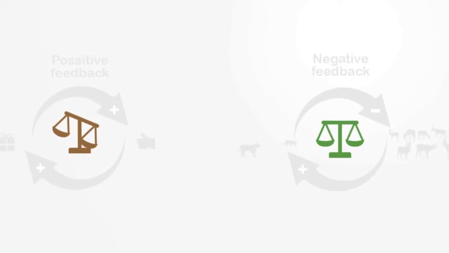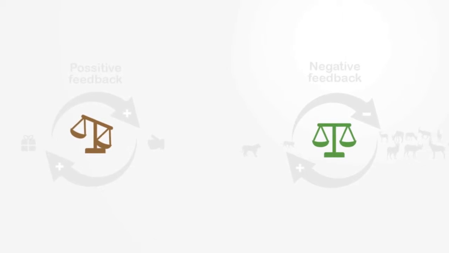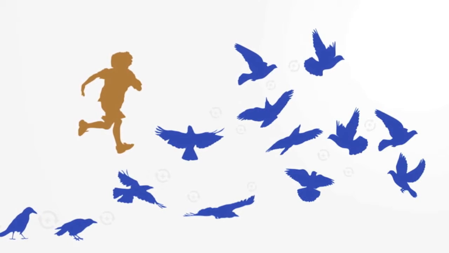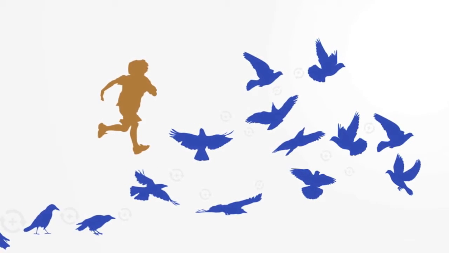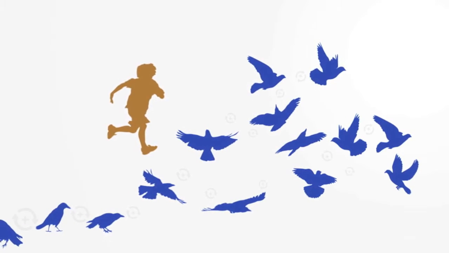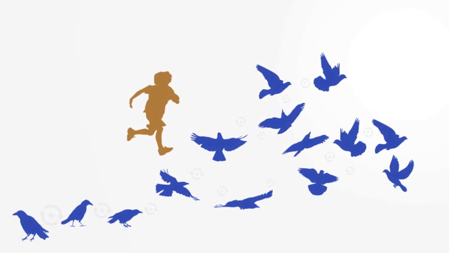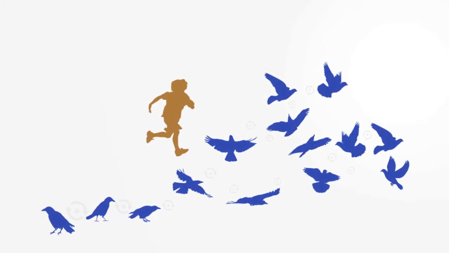For example, negative feedback is a form of self-regulation that typically generates very stable systems, whereas positive feedback loops often have destabilizing effects. An example of how this works may be seen in a grounded flock of birds, any of which is likely to fly away when it sees a neighboring bird fly off. Every time another bird reacts and takes flight, it increases the likelihood of more birds flying away.